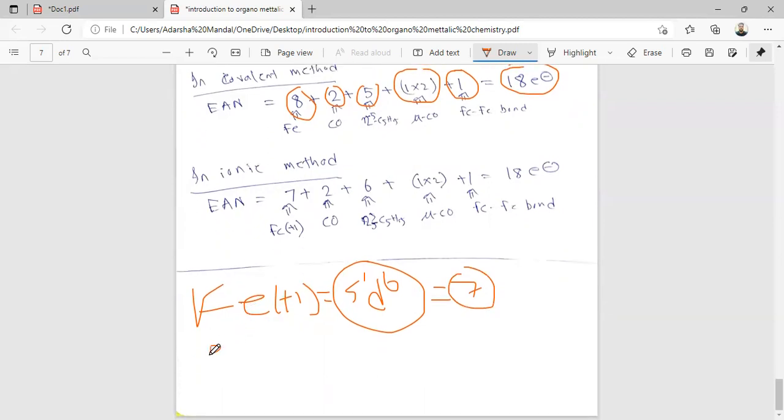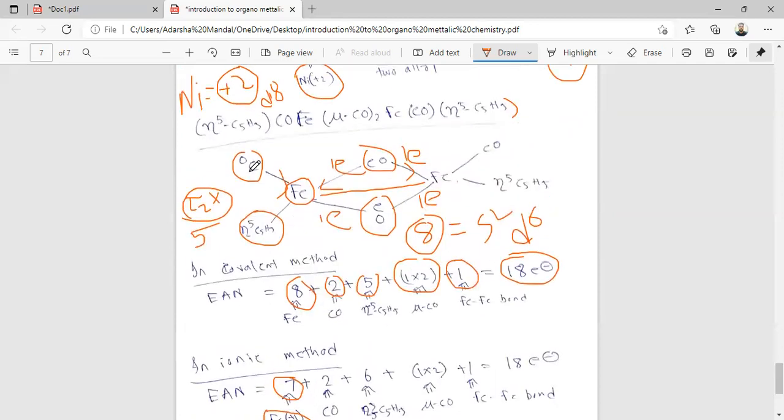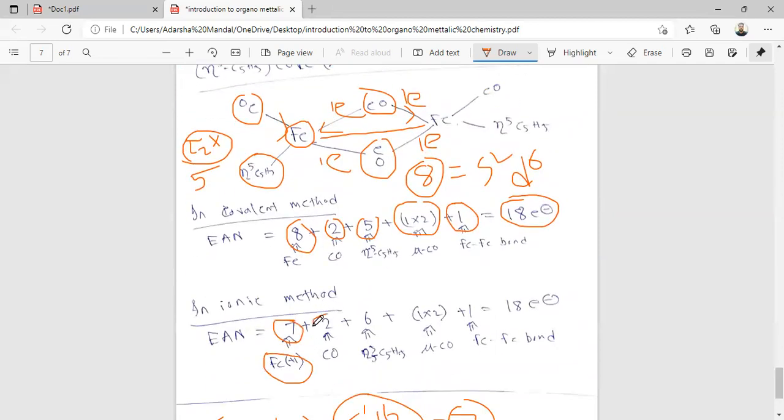And Cp, C5H5, is an LX type ligand, so in this ionic method, it will donate a total of 6 electrons to the metal center. So for the electron count, there are 7 electrons from the iron, which is in the Fe+1 state, and the one terminal CO will donate a total of 2 electrons, and here this Cp* η5